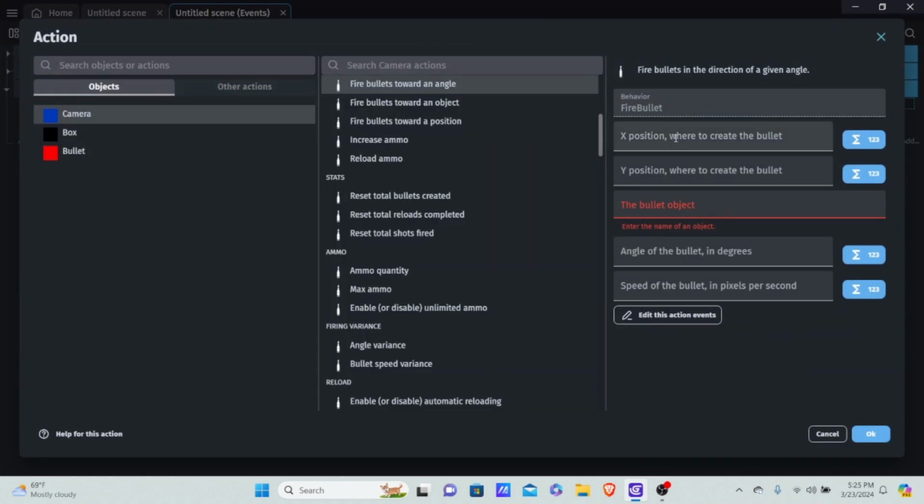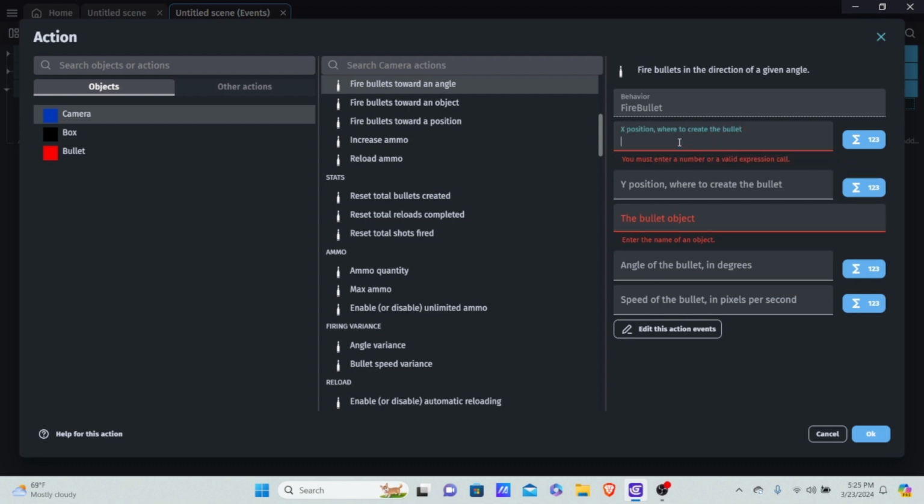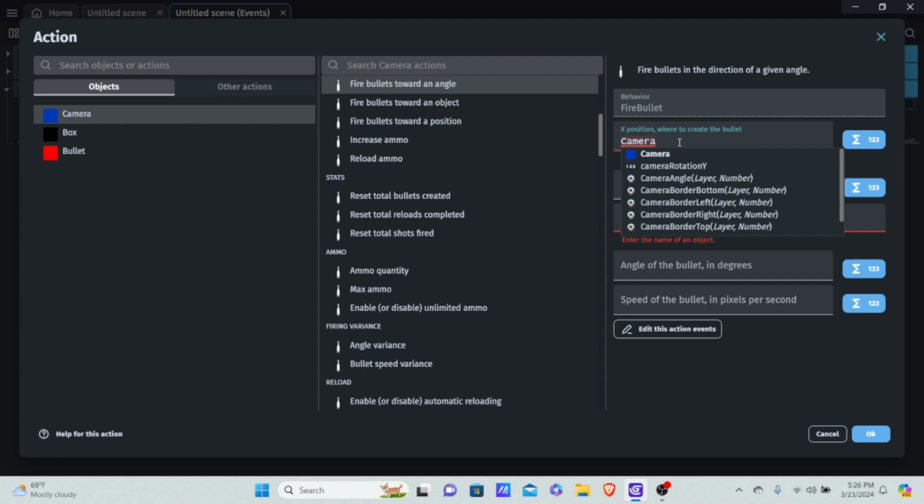Well, we're going to have to use a little bit of math. Think about this. Of course, the center of an object is just the width of it divided by 2. That's how you can always get the center in terms of the x. So, what are we going to do here? For the center of the x, first of all, we want to use camera dot